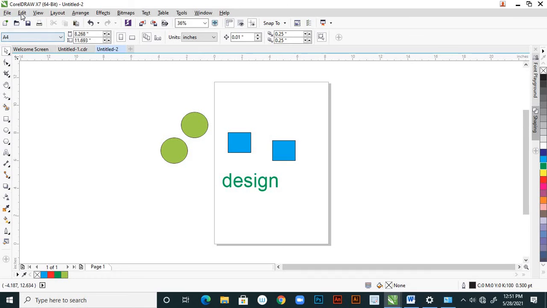So this find and replace option we use in complex designs, in some cases very detailed designs. Suppose the design has squares, circles, rectangles, triangles, with some different colors, sometimes the same color.